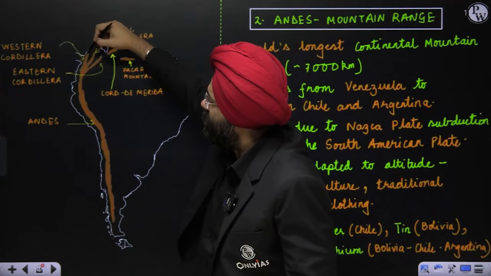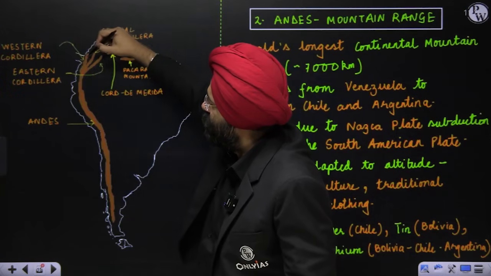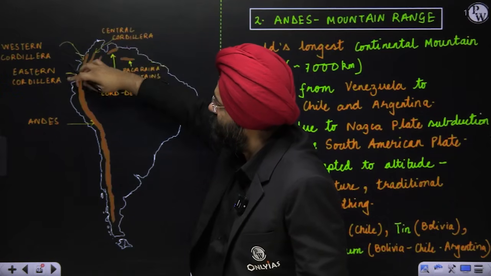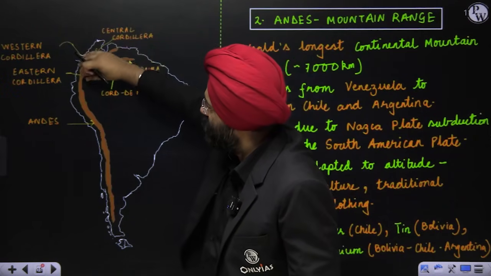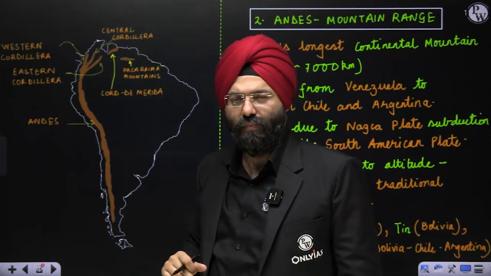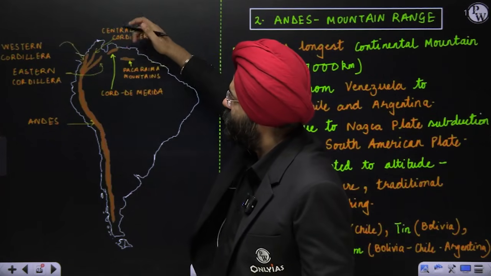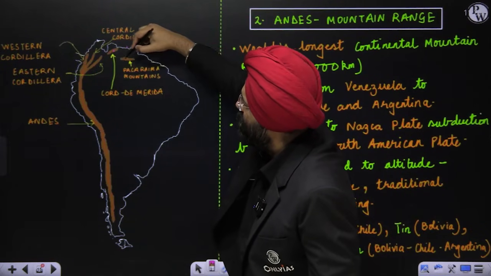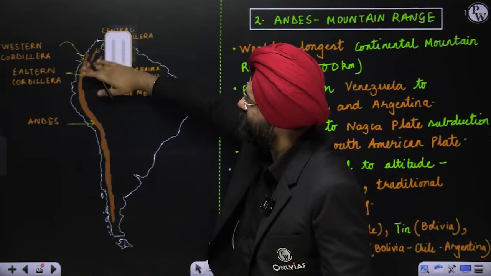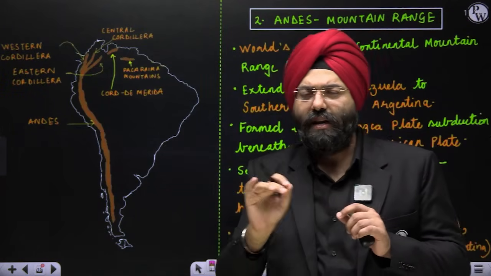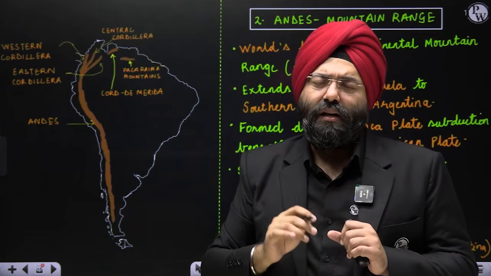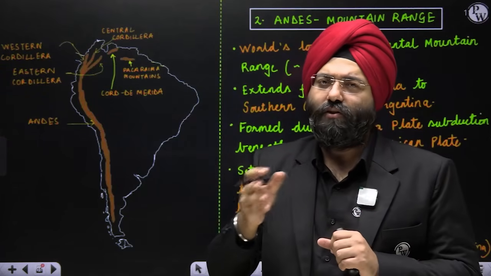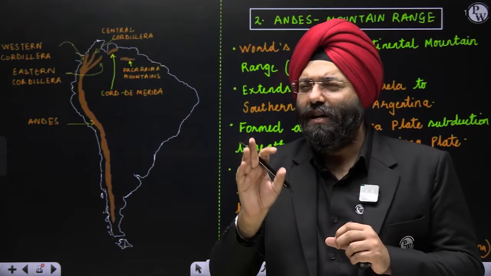This range on the western side is known as the Western Cordillera. This one in the center is the Central Cordillera. This one on the eastern side is the Eastern Cordillera, right? Together they form a range known as the Andes mountain range. Along with it, there are two other important mountain ranges. This one is known as Cordillera Merida, and over here it's the Pacaraima Mountains. These are mountain ranges that you should be aware of. This can be asked in your examination. In most cases, the questions asked are like: Andes is present, or Rockies is present, in which country? Those are the questions generally asked at PCS level.